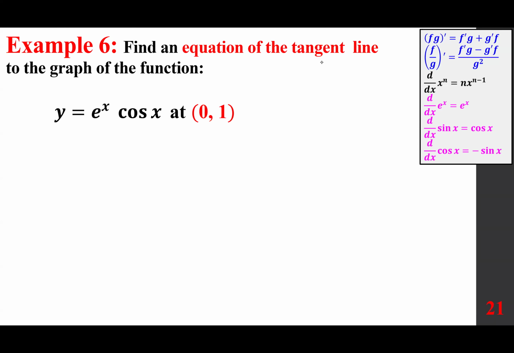Find an equation of the tangent line to the graph of the function y equals e to the power of x cosine x at 0, 1. In order to find an equation of a tangent line, we need the slope and a pair. The pair is given. To find the slope, we are going to differentiate. To differentiate, we notice that we have to use